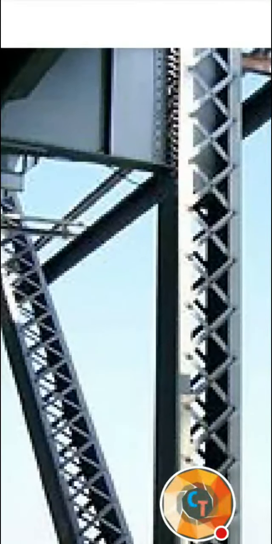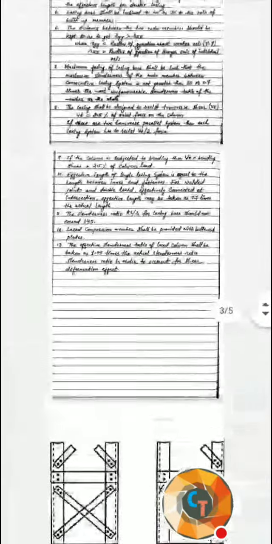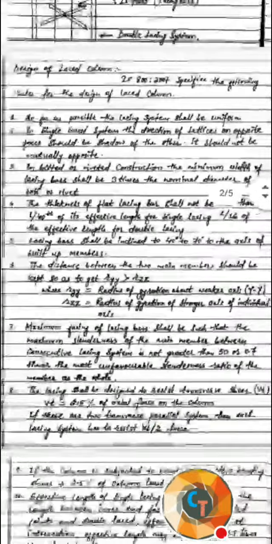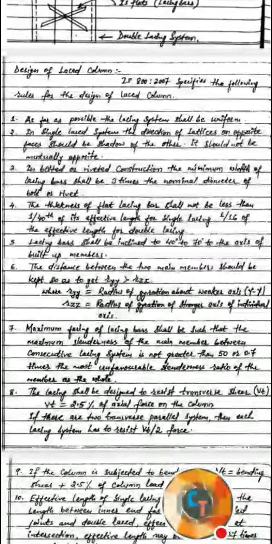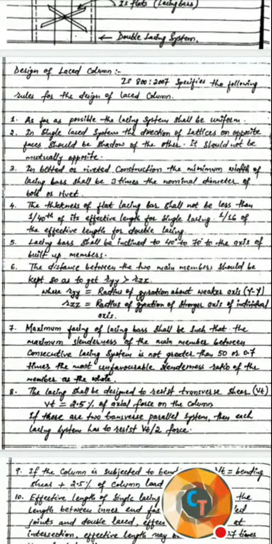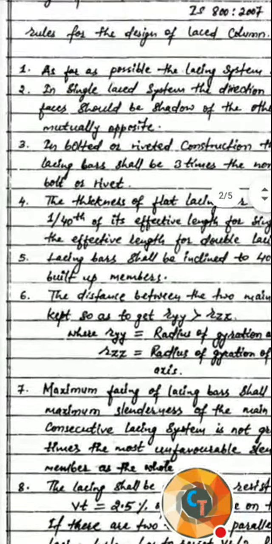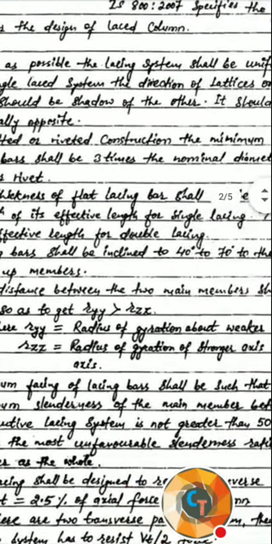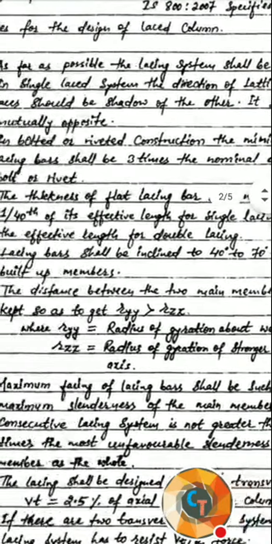Here you can see in the figure. I think it is not visible. See here, it is a double lacing system. No need to worry. Especially in a single lacing system, there should be a correct mirror image on the other side. Now the third point is, in a bolted or riveted construction, the minimum width of